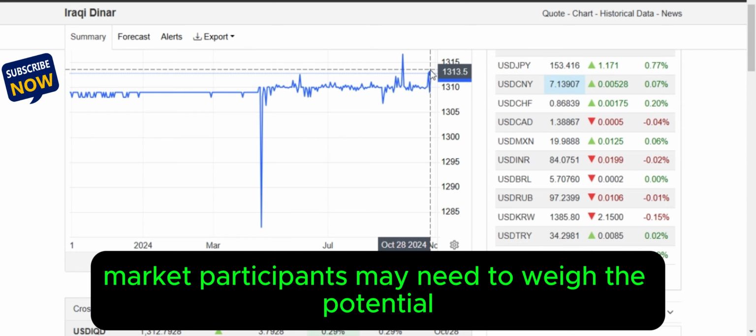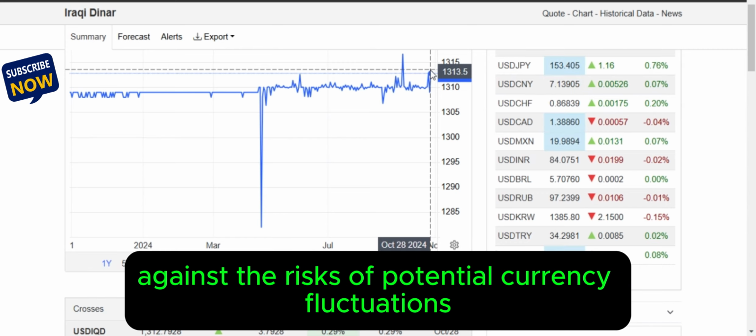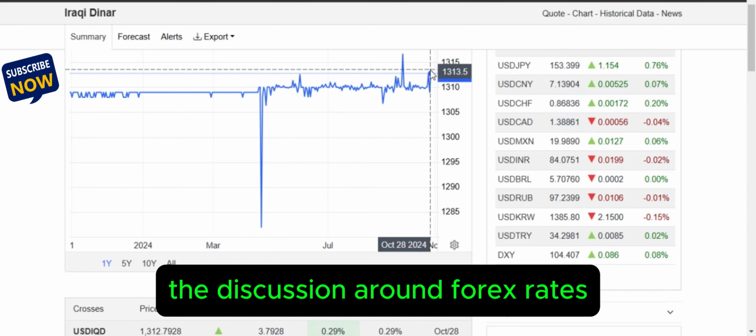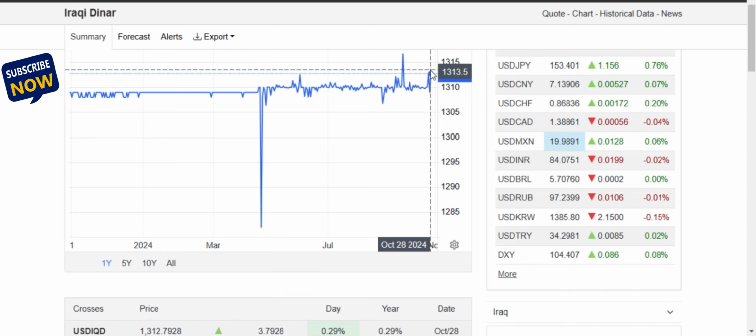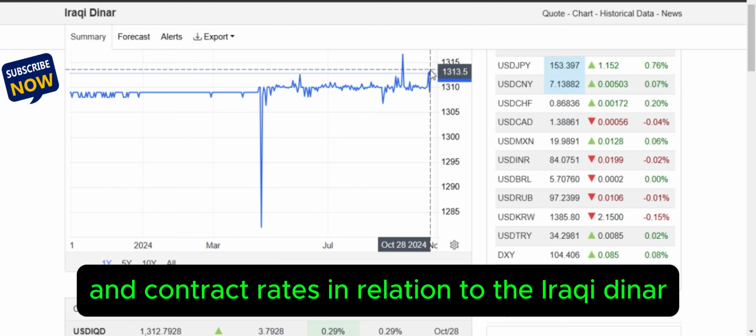Market participants may need to weigh the potential benefits of acting quickly against the risks of potential currency fluctuations or changes in redemption policies. In conclusion, the discussion around forex rates, bank screen rates, redemption centers, and contract rates in